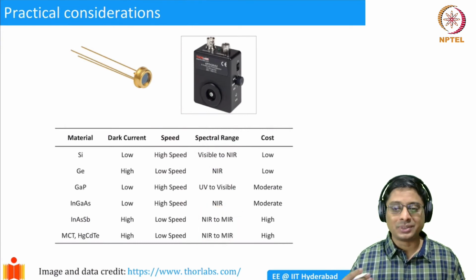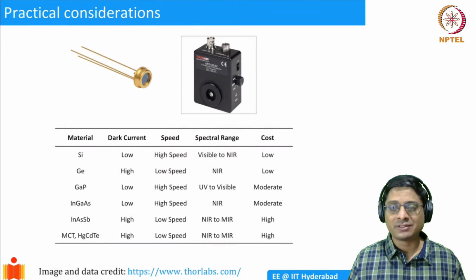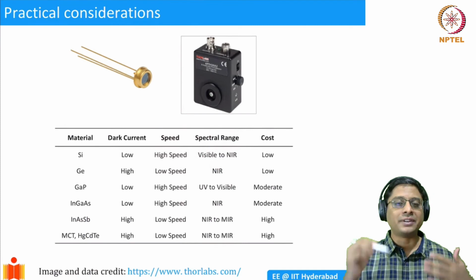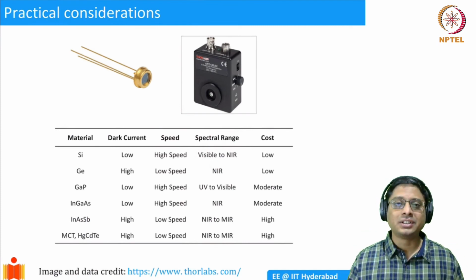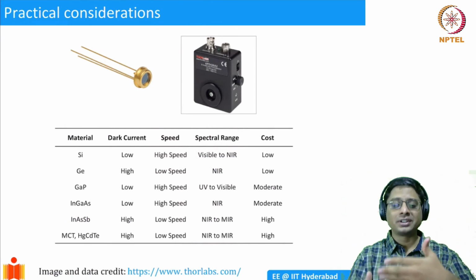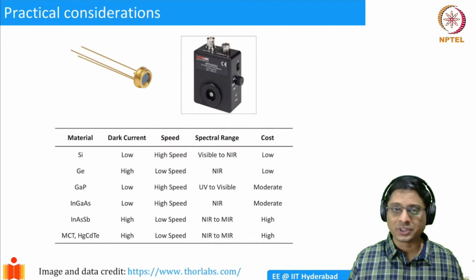If you want to detect human bodies, thermal imaging of human bodies, for example, nowadays we have the pandemic. If you go into an airport, they might want to screen you for temperature, but they can't screen everybody with a thermometer, right? So what they do is they have these thermal imagers installed. When a person goes in front of it, if the person has a high temperature, the thermal imager will flag the person, then they'll stop him and ask him a few questions.